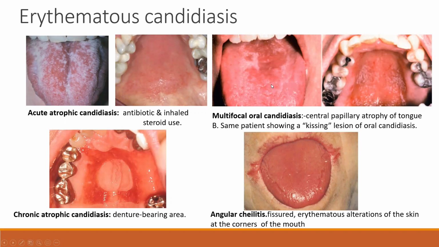Here it's called multifocal because it first appears on the tongue, which is called median rhomboid glossitis. These days they consider median rhomboid glossitis as erythematous candidiasis. And this is seen on the dorsum of the tongue, just anterior to circumvallate papillae. And because of the manifestation of the candida on the dorsum part of the tongue, whenever it touches the palate,